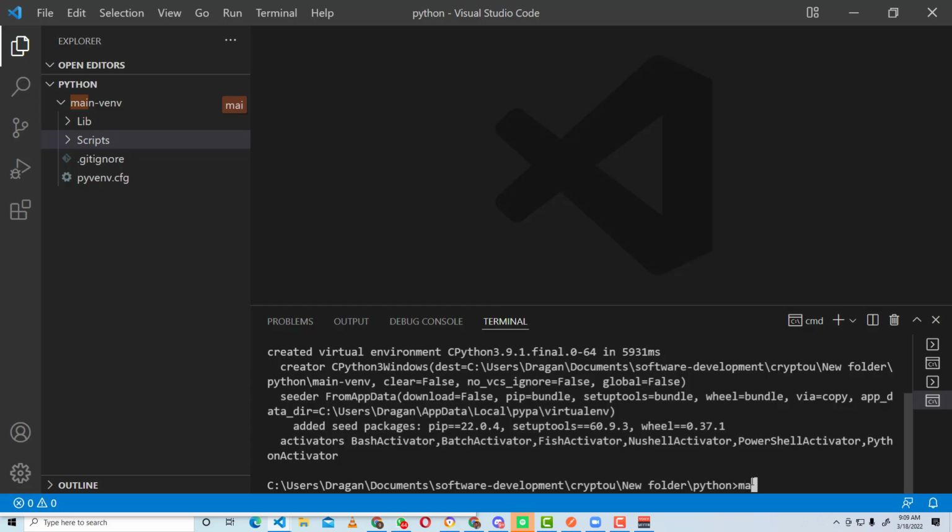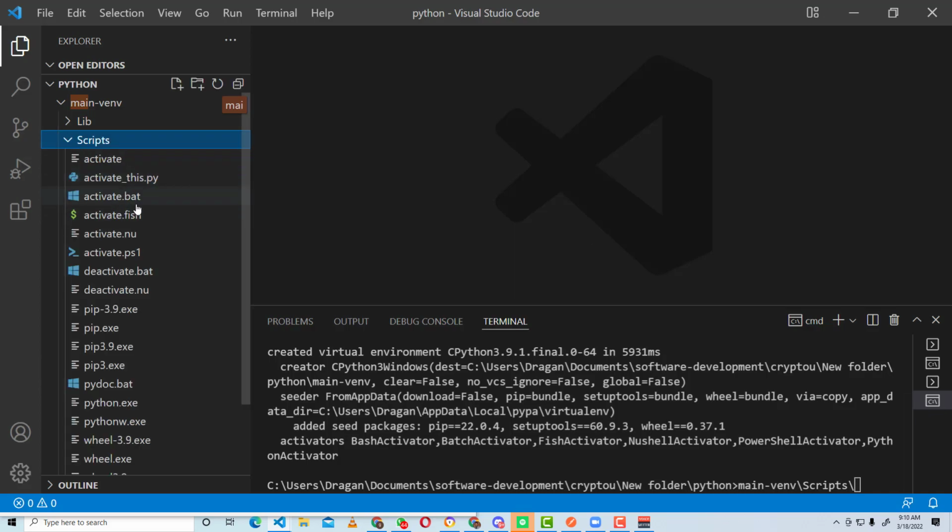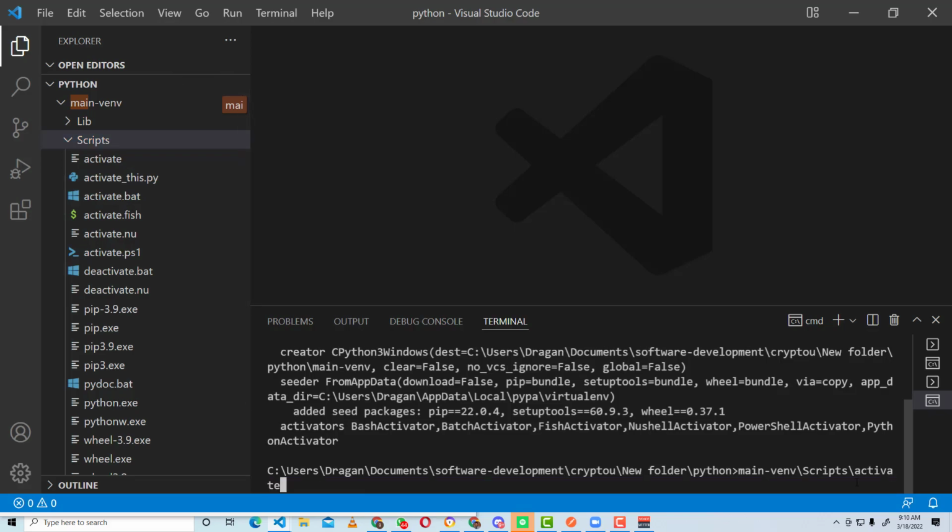I start with the name of the virtual environment, which in my case is main venv, then a slash, and we want to go to scripts and run activate.bat. So I'll say activate.bat,